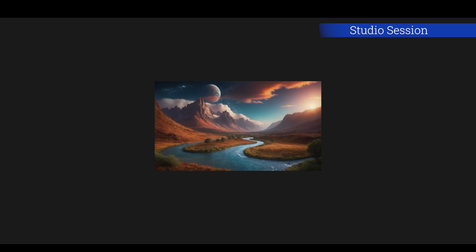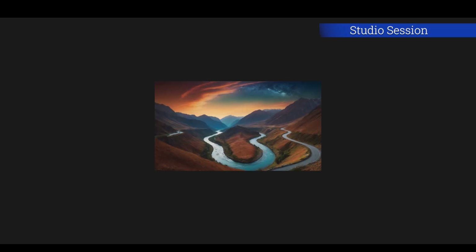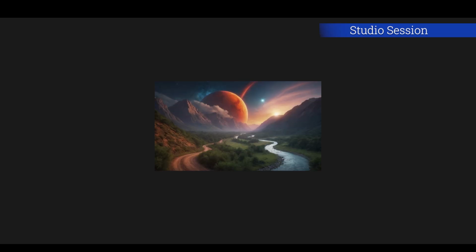I love this one. This one is absolutely pristine. Again, look at the clouds, a little bit unrealistic, and canyon thing. The road here. Oh wow. This is so cool. We have the road here and you have the water here. It's the perfect blend of